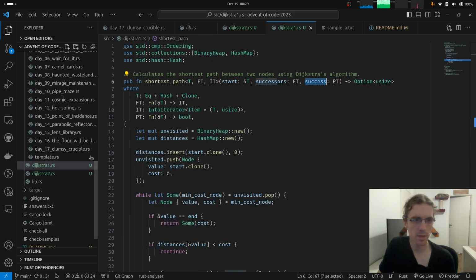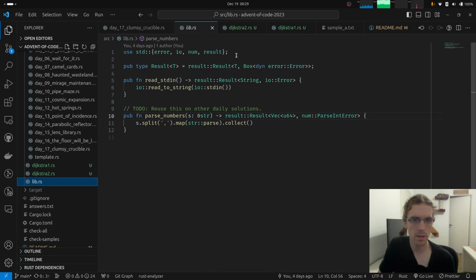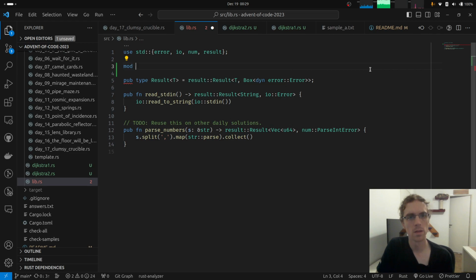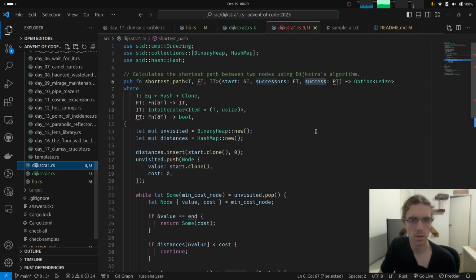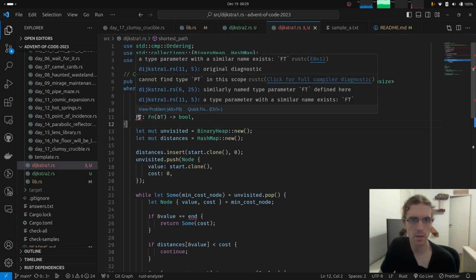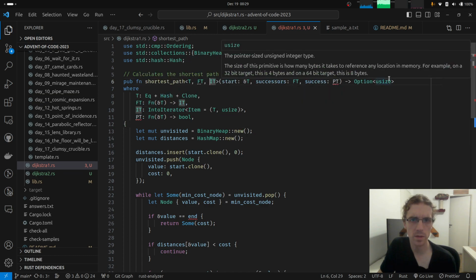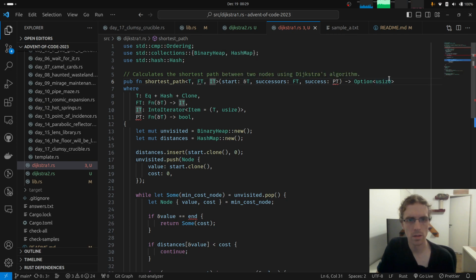This is not giving me any errors or anything because I need to include it as a module in here, I think. So if I say mod Dijkstra 1, that's what I want. So yeah, type check these things. PT, what don't you like about this? Oh, it's another type parameter. So sure, something like that.